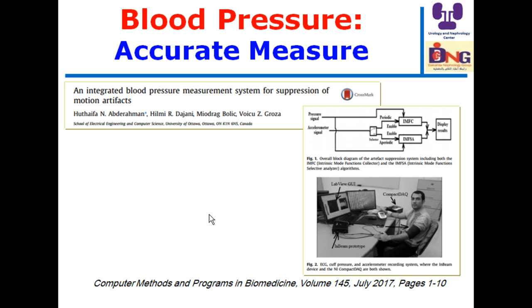Both transient motion artifacts and artifacts due to vibrations are suppressed using algorithms based on empirical mode decomposition, EMD. So this means that we need to know how to measure blood pressure, and the different methods